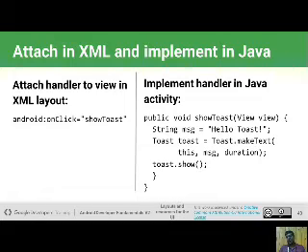Then in the Java file, MainActivity.java, you create a method. Then that method is connected to the onClick attribute. Then when you click that button or component, that method is automatically performed. Clear?